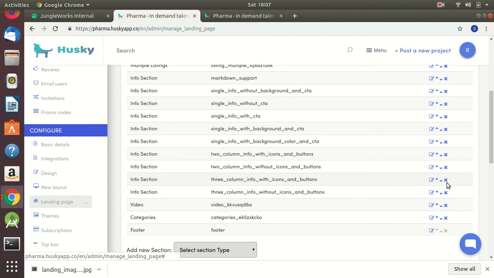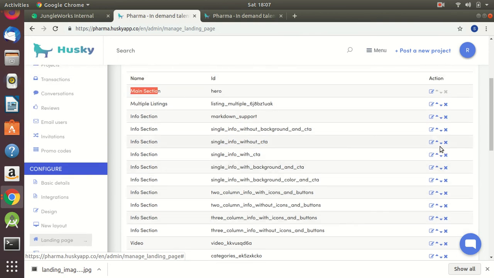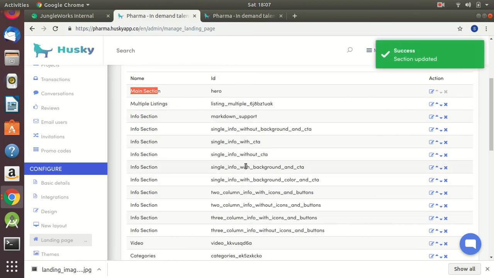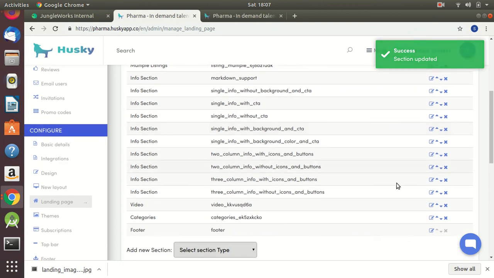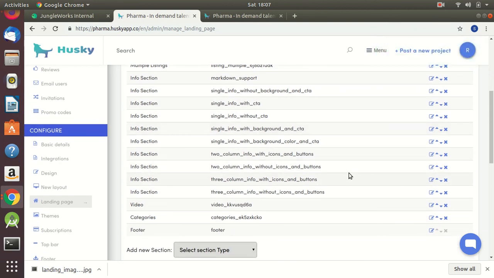We can delete a section anytime by clicking on this cross button, and we can move the sections in whatever order we want. We can edit each section, and each section has a preview button.